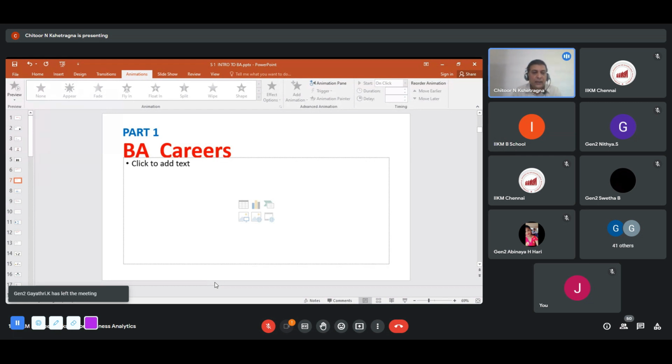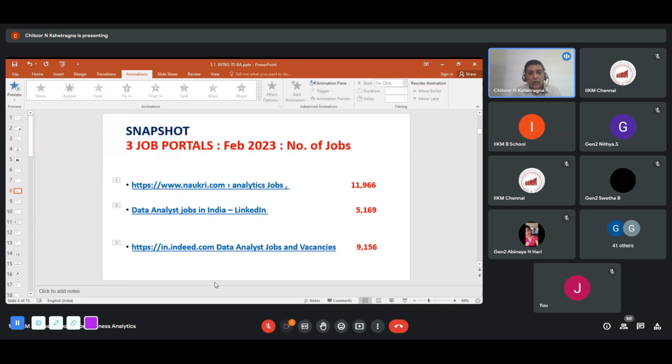That is business analytics careers. Okay. So what I did is I went through three portals. These are HR recruitment portals. I guess many of you know what HR portals are. When you do a Google search and want to find a job, you get into Naukri, LinkedIn, or Indeed. These are some of the top companies which provide employment opportunities. You have a lot of job offerings across. It can be for a technician, a lab technician, a physiotherapist, a school teacher, or a computer science engineer. These are very interesting portals that give you a lot of opportunities.